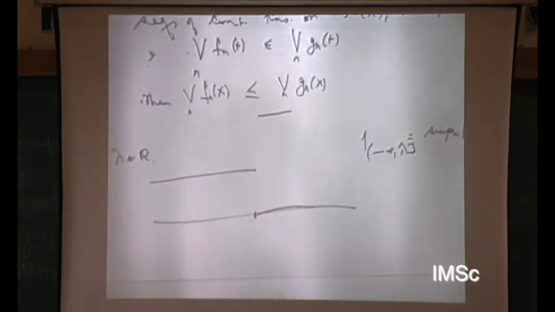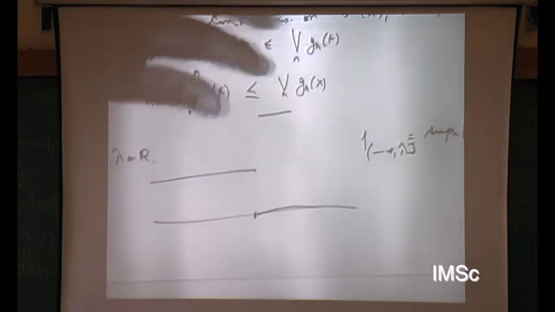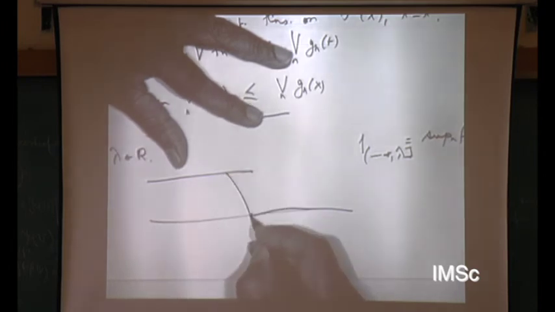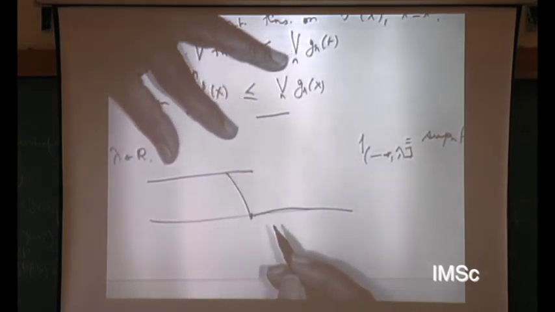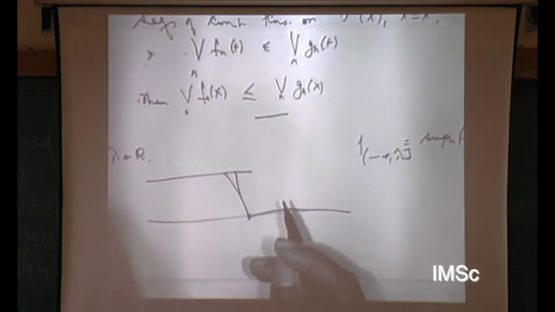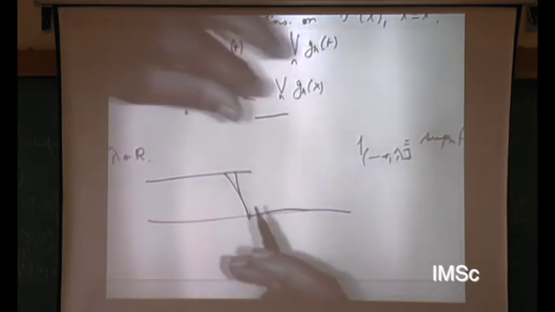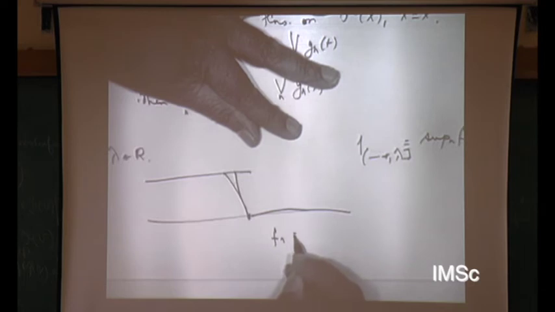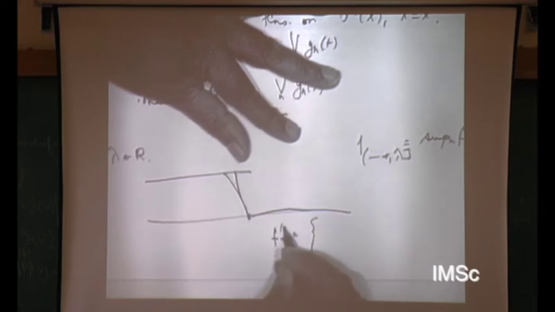Can you find continuous functions Fn which are increasing and whose limit is this thing? So how would you do that? We want it to be continuous, so you'd want some Fn's to look like this perhaps. And for larger and larger n, we want it to have more and more negative slope. So for example, Fn of t, you can choose to be